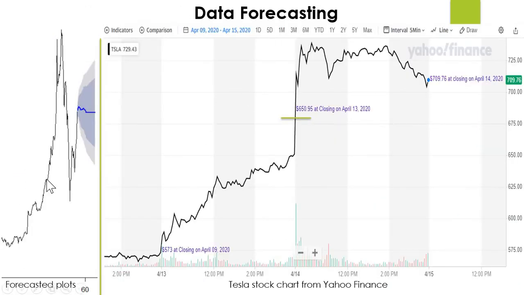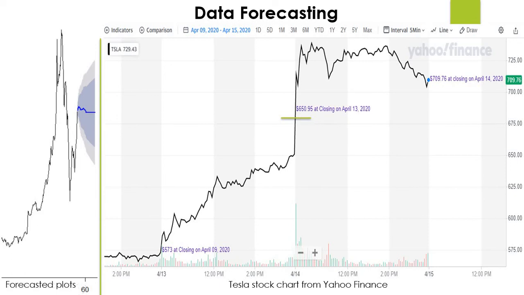And here, I'm comparing the actual Tesla stock chart from the past 3 days from Yahoo Finance with the forecasted plots. And the data I used here had an end date of April 13th, 2020. And the ARIMA model forecasted that the stock price would go up from the recorded price on April 13, which was